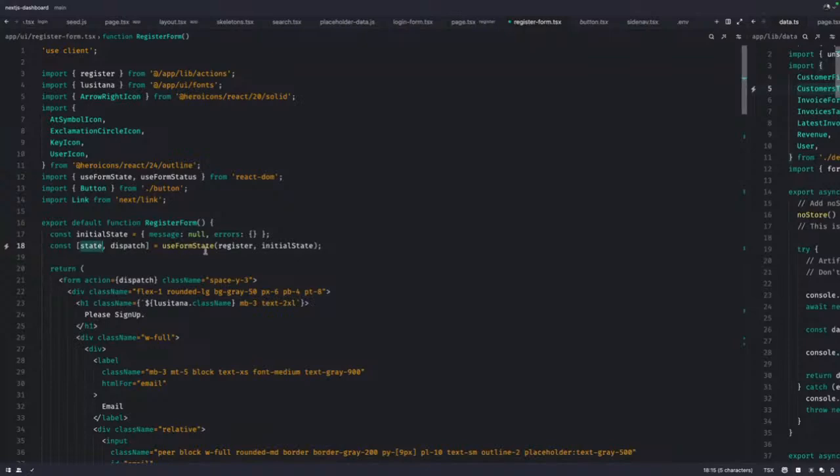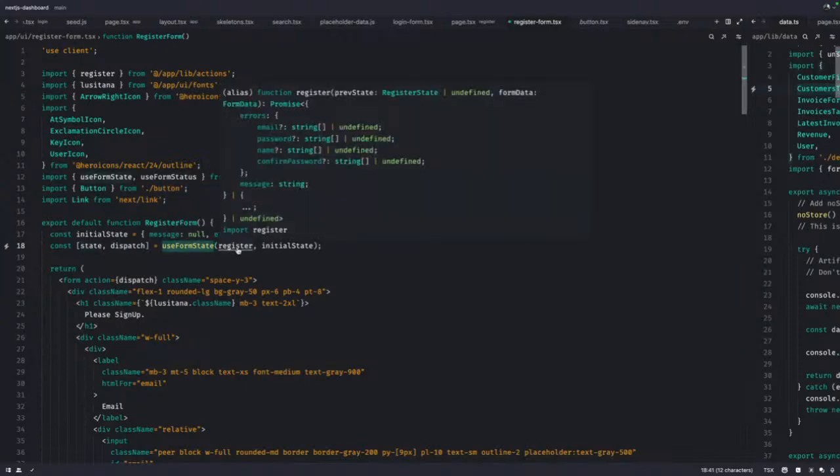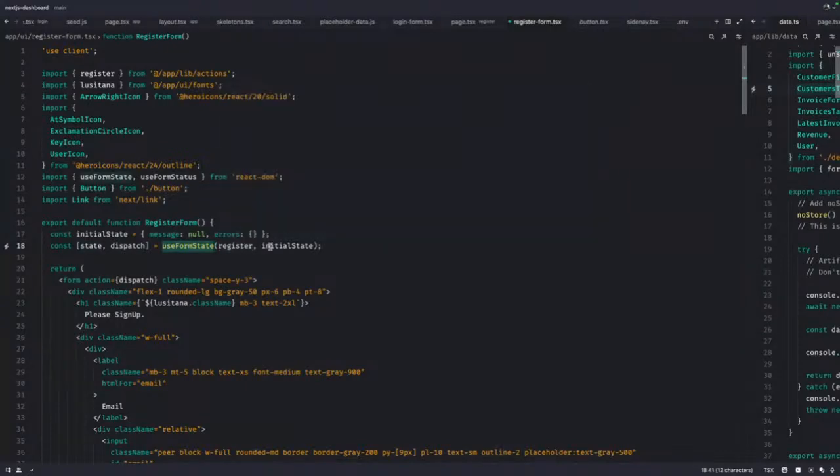And there is a hook called useFormState, which calls this action. This register is an action, and this initial state is the default value that we are starting with. So what does register expect?